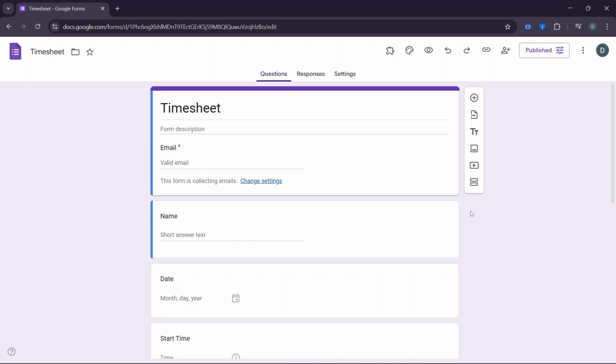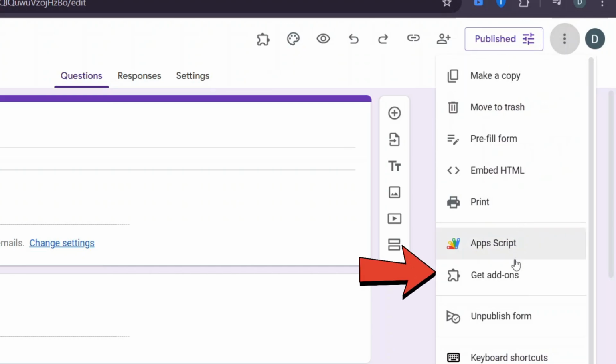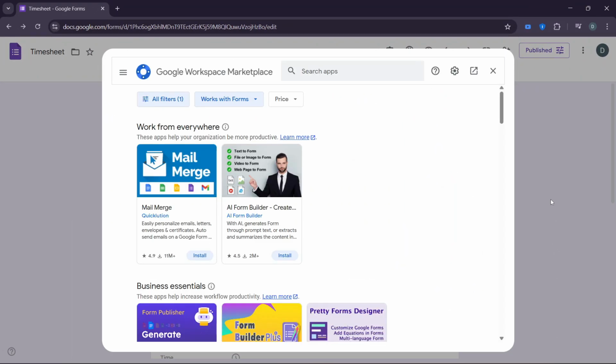First, open your Google form and make sure you're logged into the correct Google account. Once your form is open, look toward the top right corner and click on the three dots menu. From there, select the option labeled Get Add-ons. This is where Google Forms lets you extend functionality, so make sure to follow along carefully and don't skip this